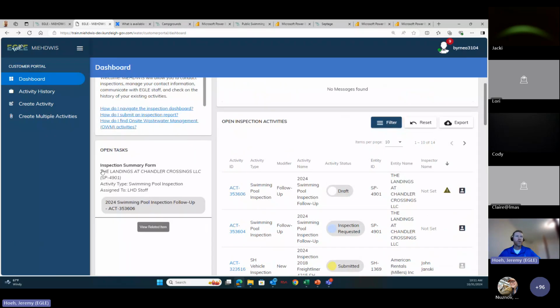So some other items here, you can see there's an open task. Looks like we had a non-compliant situation at this swimming pool establishment. So there's a task here to complete a follow-up inspection. Of course, this time of year, a lot of the open inspection activities are going to be